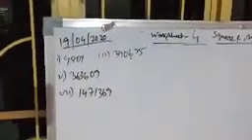Good evening. This is the 7th lecture of the square and square root chapters. In this session, we will find square roots of numbers by the long division method. In the previous session, we found square roots using the prime factorization method, and in this session we will do square roots using the long division method.